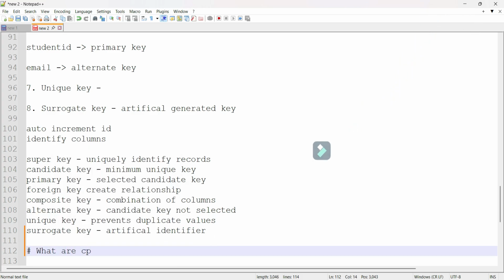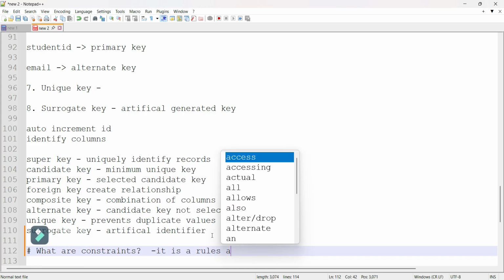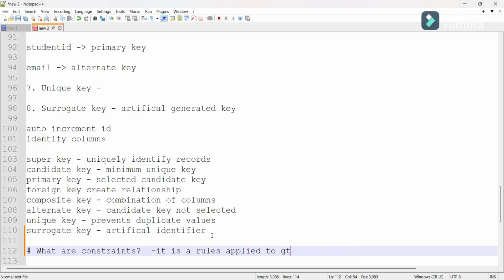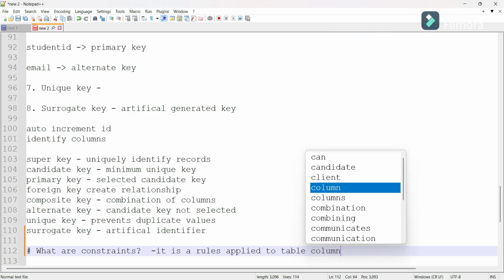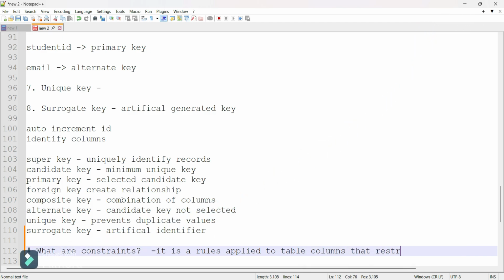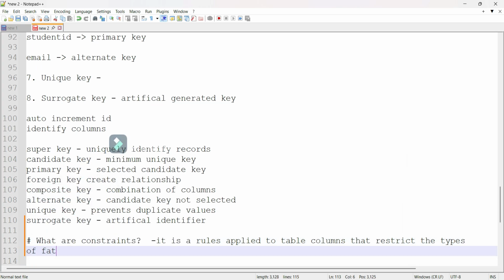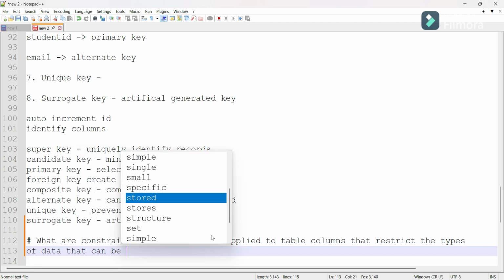What are constraints? So basically, constraints are rules applied to table columns that restrict the type of data that can be stored.